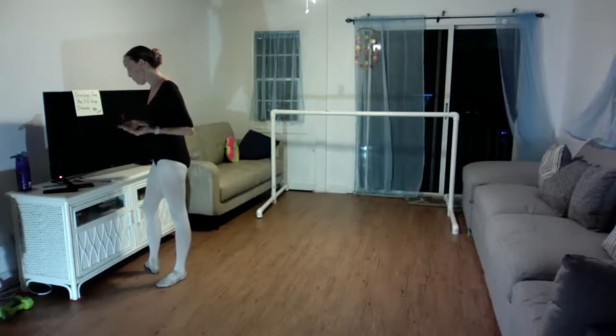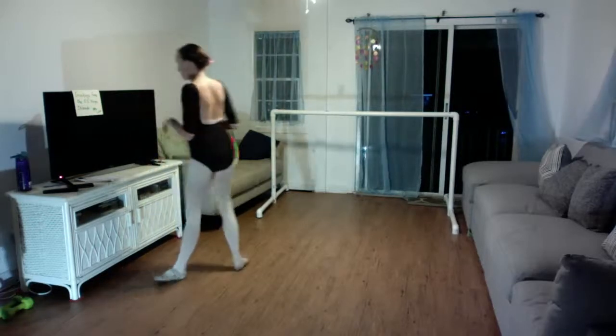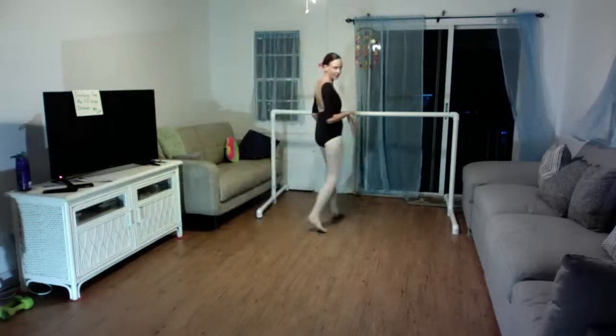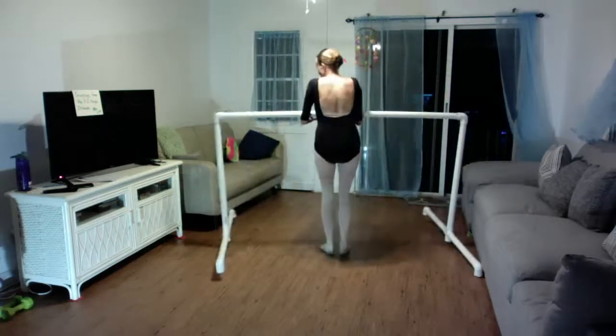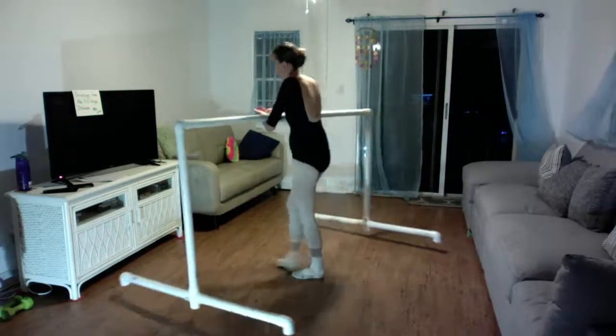1, 2, 3, 4, port de bras. 1, 2, 3, 4, port de bras. 1, 2, 3, 4, port de bras. Glissade, glissade, glissade, glissade. Let's move our bar back to the side because I want to see you up close